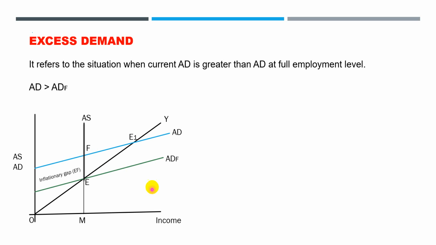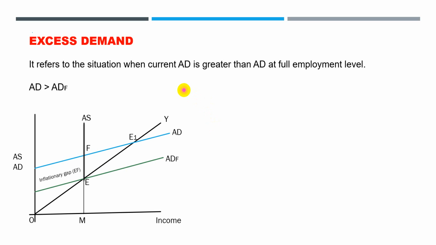Now let us try to understand the excess demand. If aggregate demand increases beyond the level of full employment, it does not raise the level of output and employment in the economy. Hence, there is practically no increase in real income. It merely increases monetary income. In this situation, increase in demand means only an increase in money expenditure without any corresponding increase in employment and output. This is called the situation of excess demand.